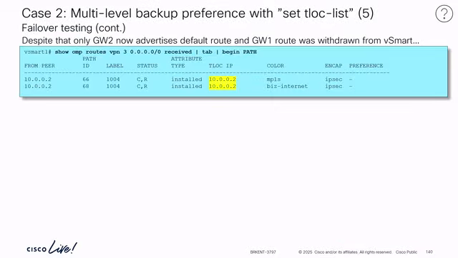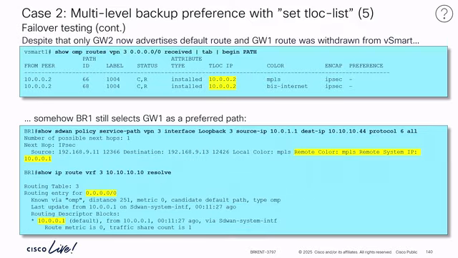Then we check what happens on the smart controller. Did we withdraw that route? Yes, we did. This is so far expected. We have only 2 paths remaining. They are both from gateway 2 only. So far, so good. But on branch 1, the device on the left, which is trying to send traffic to a data center,